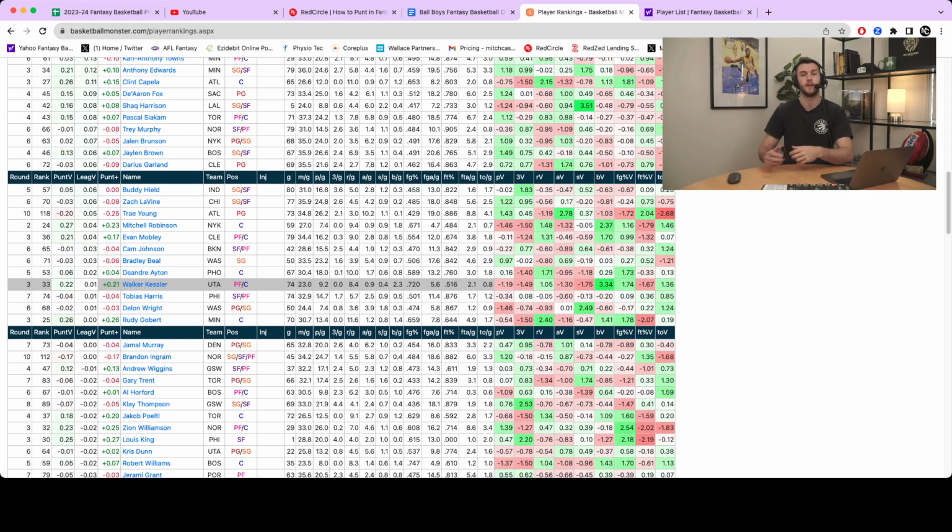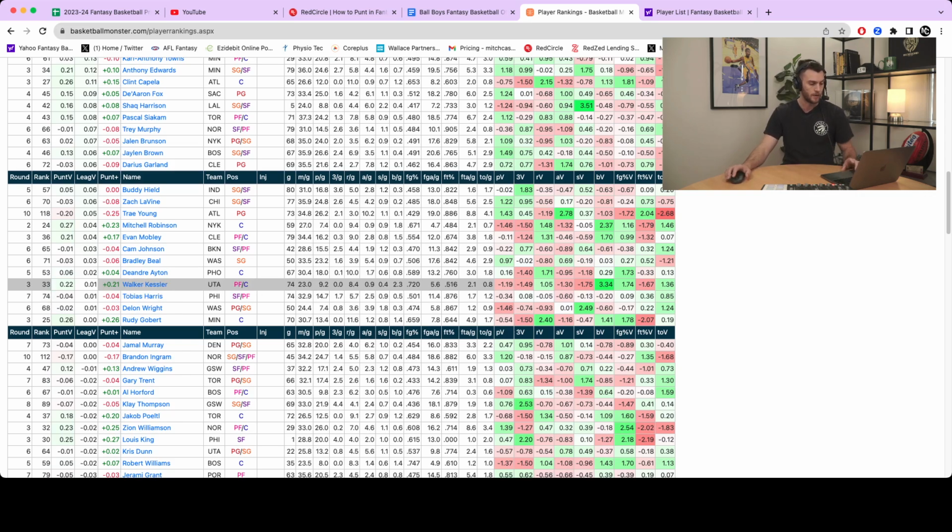So by missing out on Nicholas Claxton in the second round, I can now get a similar type player, and I managed to get either that Sabonis to help me with the assists or an Anthony Edwards to help me with those points. And again, I'm using these names as placeholders at this stage. Maybe it's not as good as the guy I wanted at number 2, but he still gives me similar help. So I can get a Walker Kessler now.